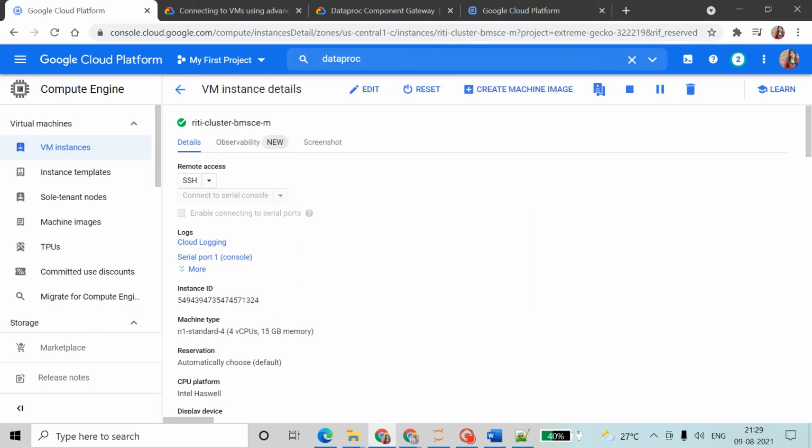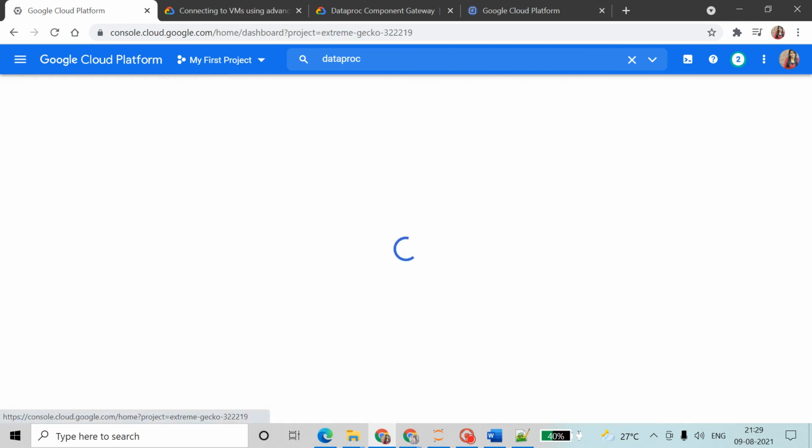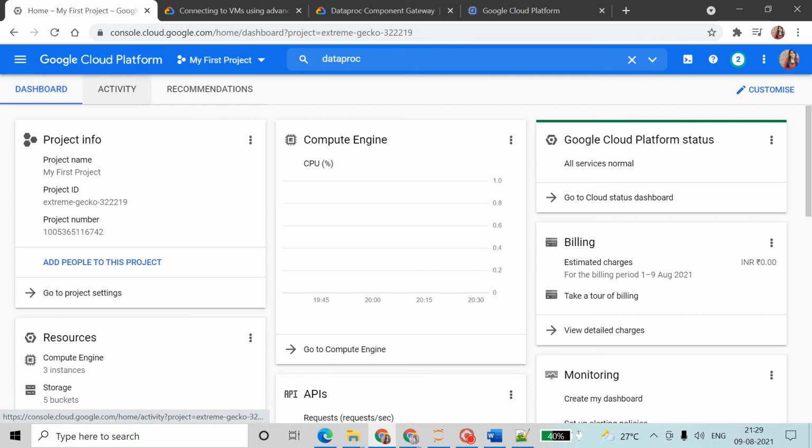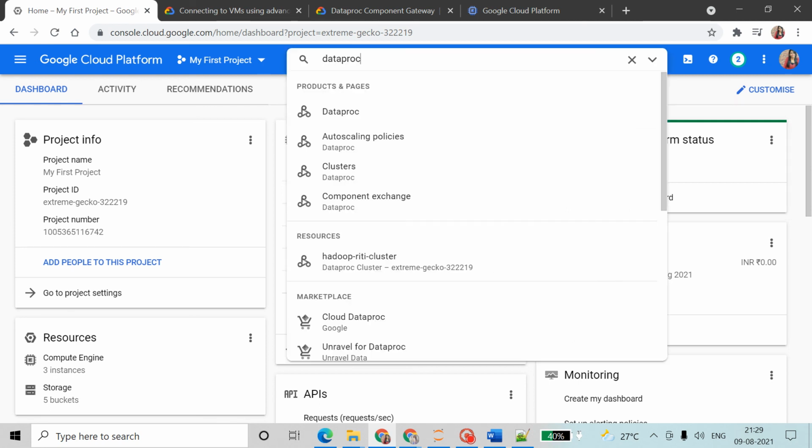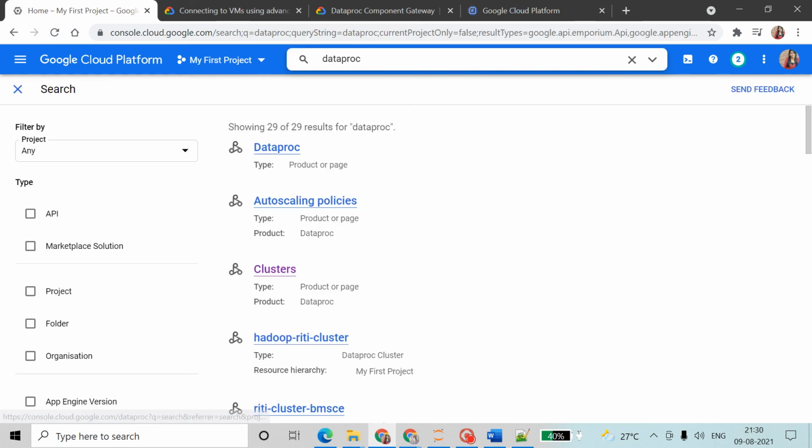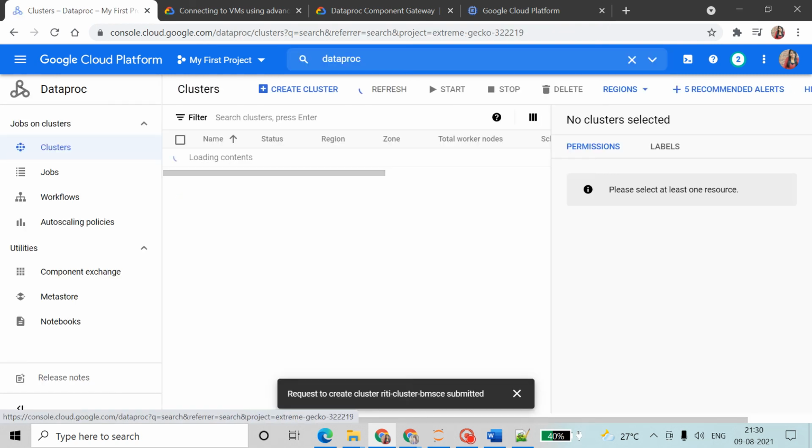I have completed from my side, and from starting to end, I have explained everything about Dataproc, how to create an instance and how to work on that instance. And a very important thing, this is free tier. So whenever you are creating any instance, after completing your work, you have to terminate your instance. So I will show you how to do that also.